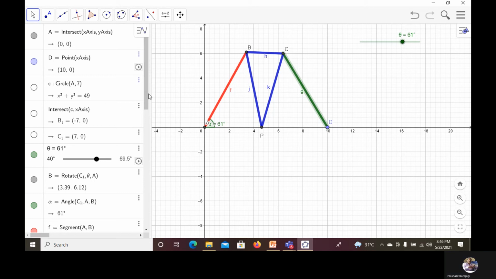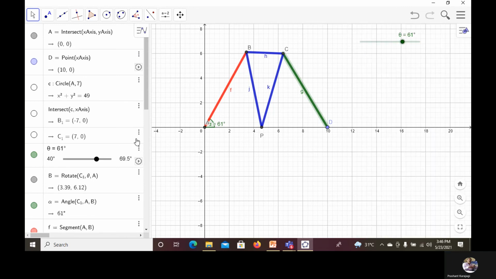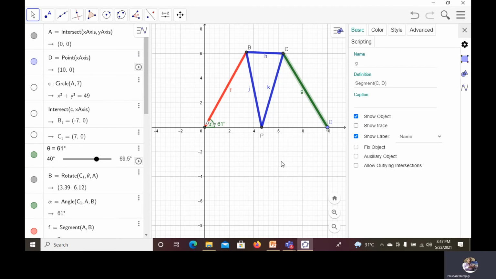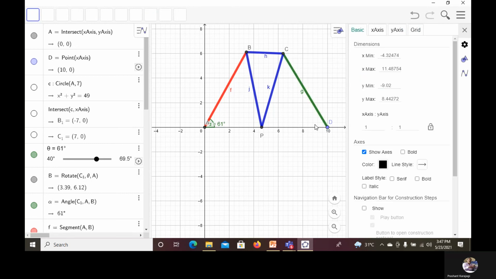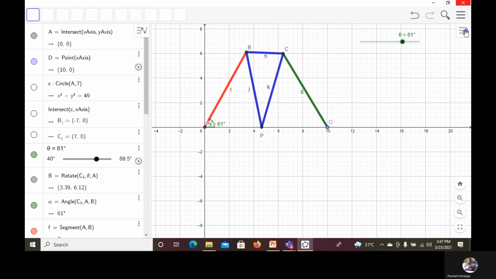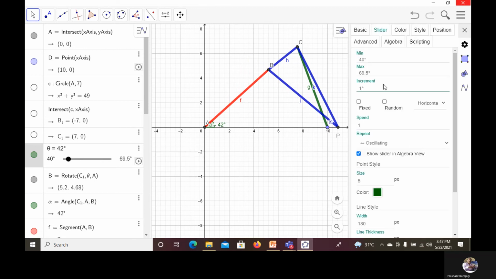Then for theta, go to settings. In settings, there is an option repeat.